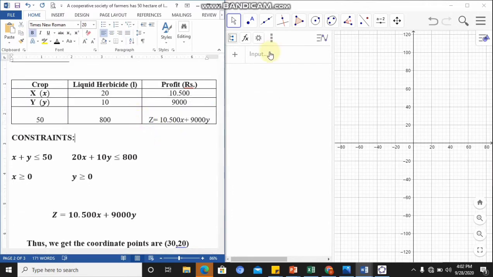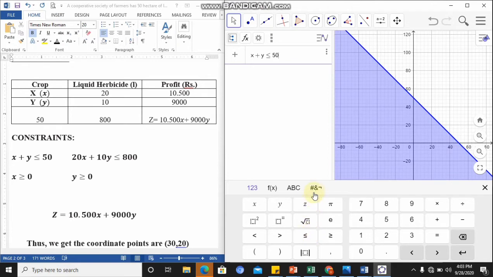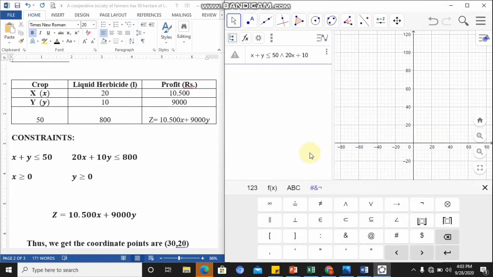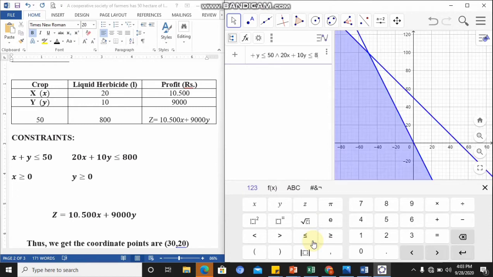So in the GeoGebra application, we must input the constraints: x plus y less than or equal to 50, and we input the symbol. The symbol is an inequality symbol. Then 20x plus 10y less than or equal to 800,